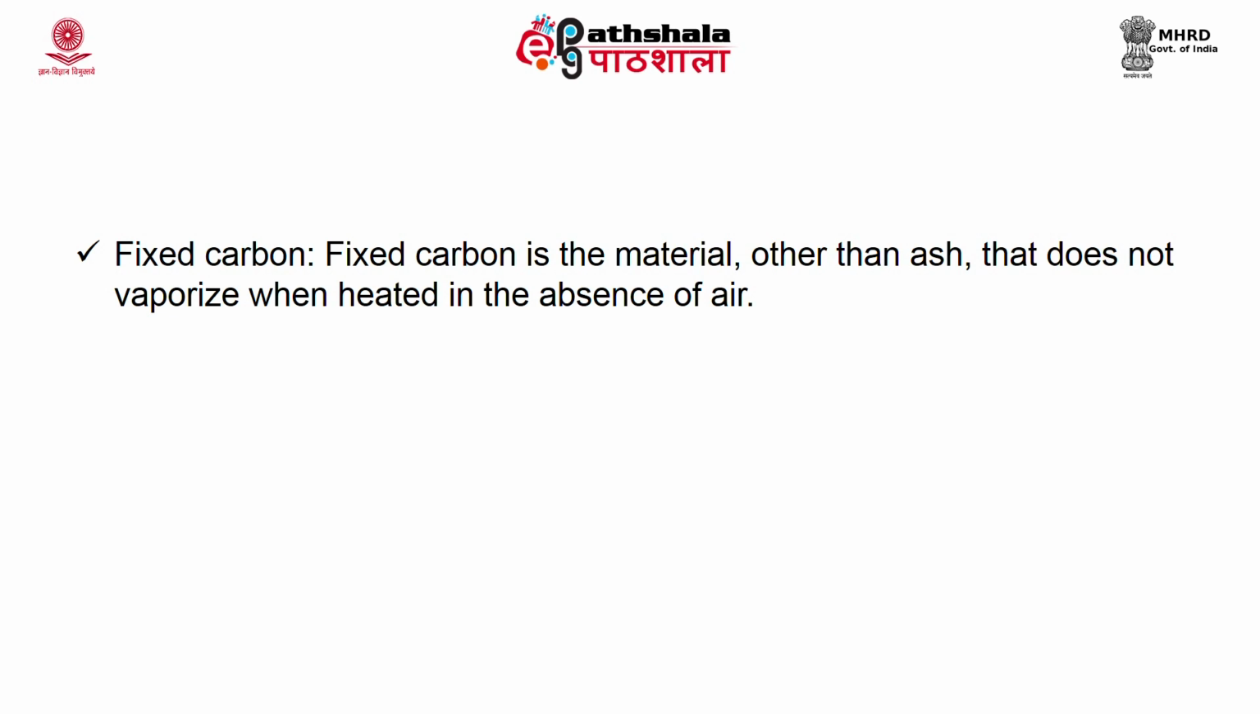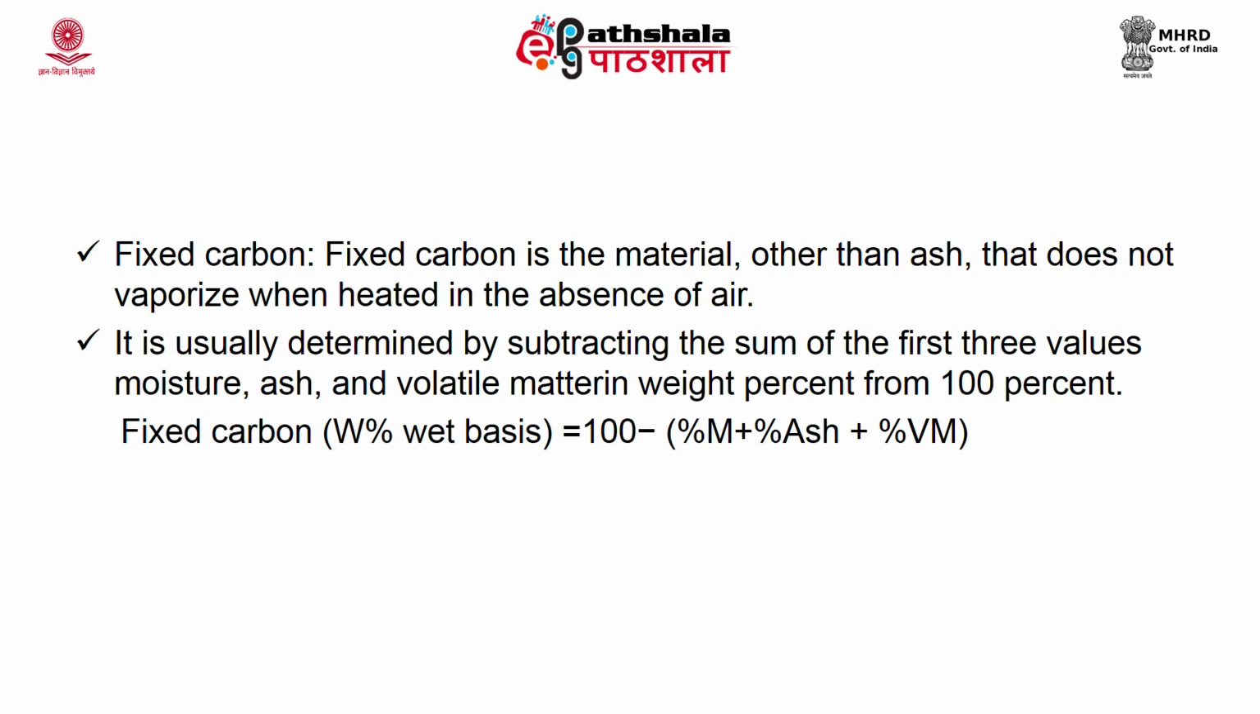The fixed carbon is the material present other than ash that does not volatilize or vaporize when it is heated in the absence of air. This is usually determined by subtracting the sum of the other 3 values used in proximate analysis, that is moisture, ash and volatile matter, in weight percent from 100%. You add moisture, ash and volatile matter and subtract that from 100%, and the value you get will provide you the fixed carbon value. So, fixed carbon weight percent on a wet basis is given by 100 minus the sum of percentage moisture, percentage ash and percentage volatile